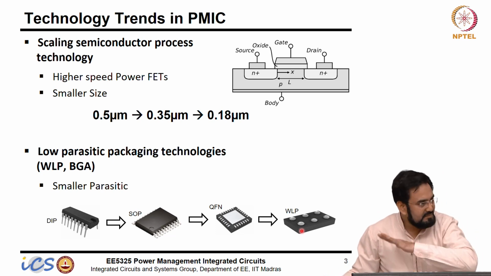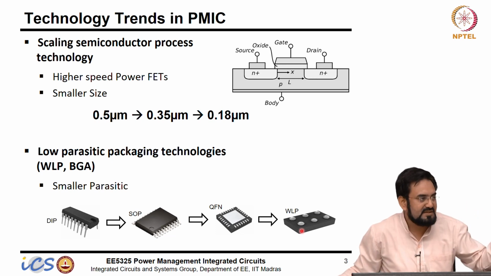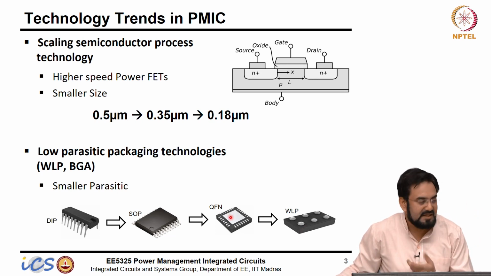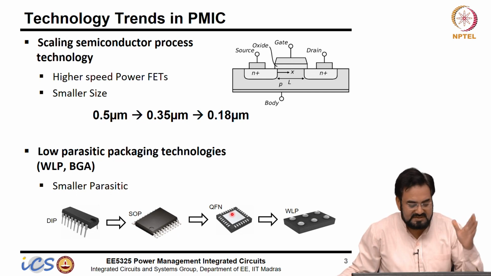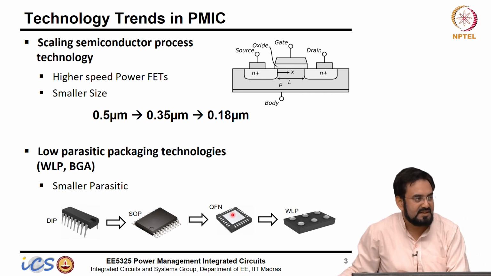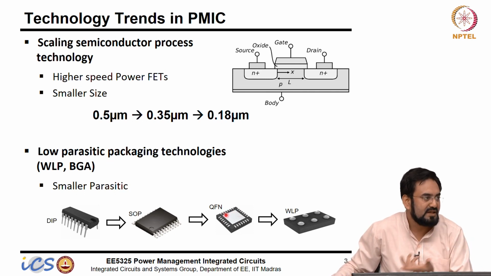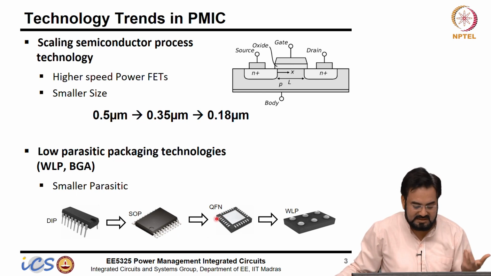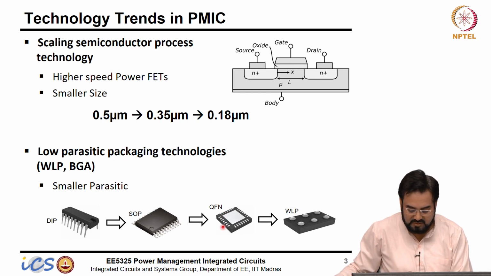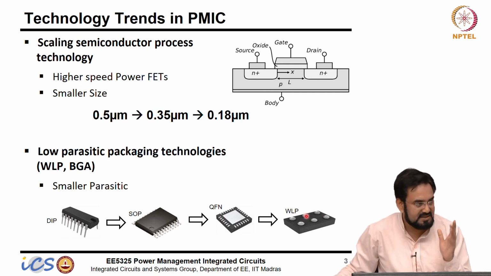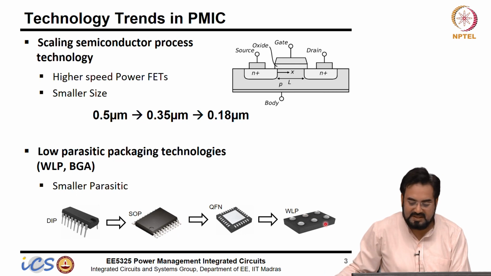So this package can be done at a wafer level, and then you can slice it actually. But these packages cannot be done at wafer level. You have to first slice your die and then send it for packaging. So most of the time these other packages are maybe 4 to 5 times bigger than your die. So among these three, the QFN is the best, but if I have a WLP option, then nothing is better than that, because your parasitics will reduce.